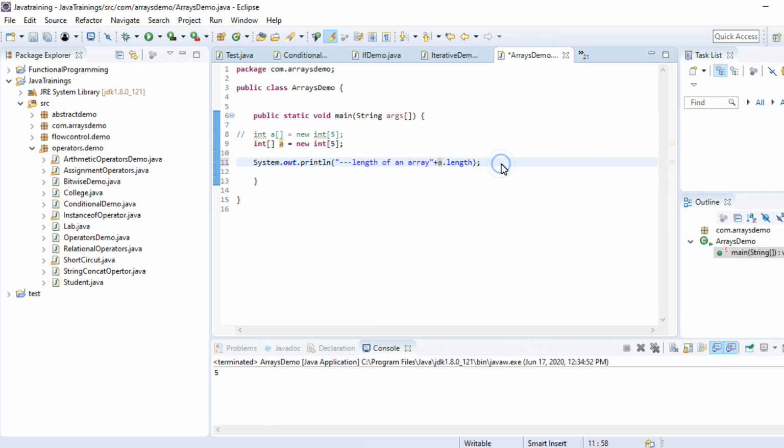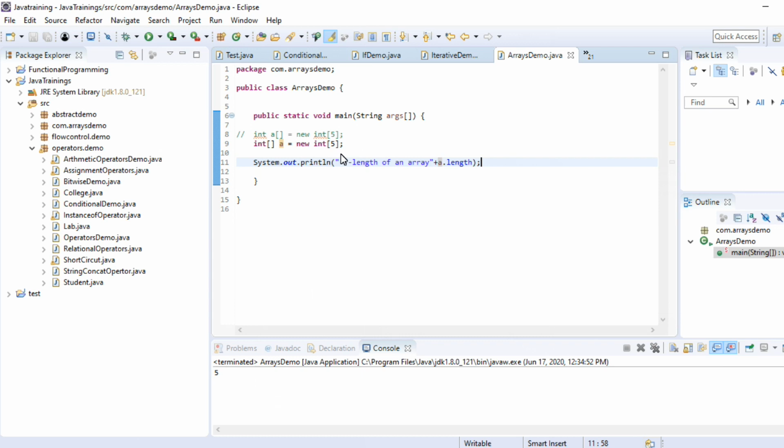And how can we point out indexes? What's the advantage of an index? Suppose you want to print the first value of an array. The array index starts from 0 till the end. So if the size is 5, the last index is 4. Why? Because 0, 1, 2, 3, 4. The index starts from 0, that's why if the size is 5, the last index will be 4.